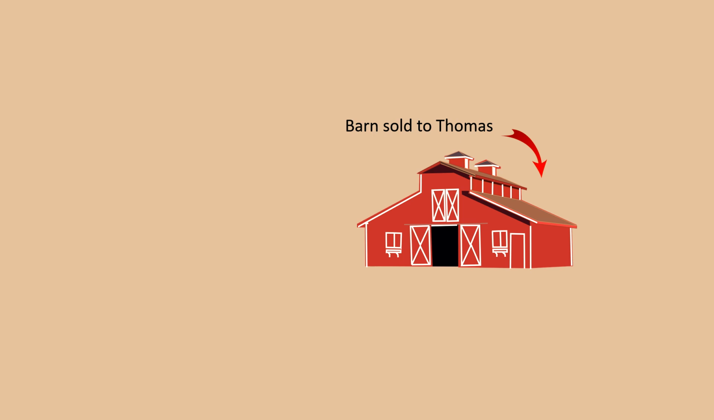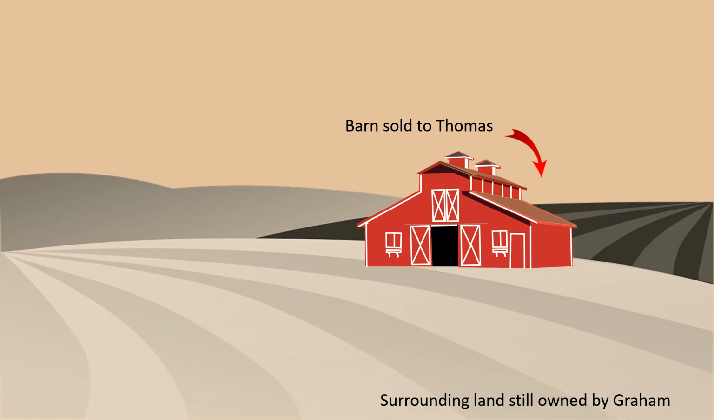So in the beginning, we have this barn that is being sold from Graham to Thomas. Okay, that is a change of possession. Now, even though the barn is being sold, the surrounding land or the farmland and stuff is still owned by Graham. Okay,